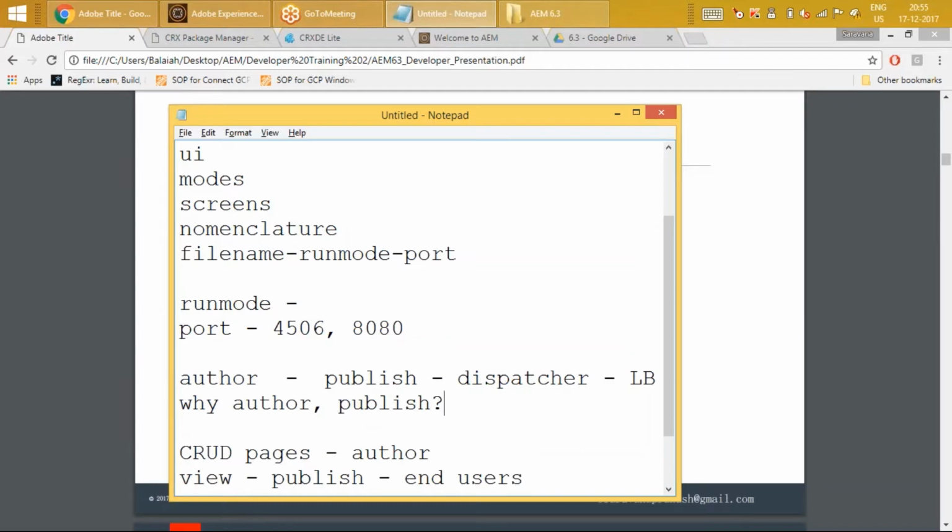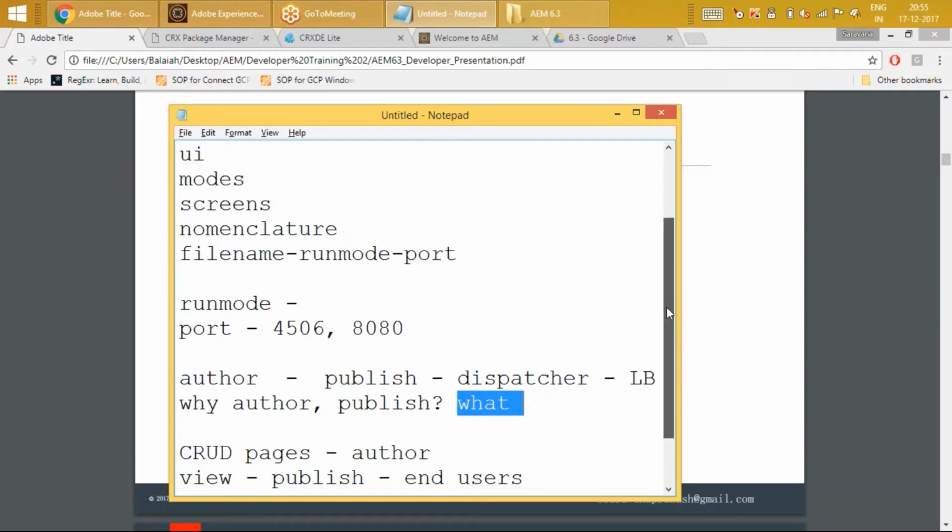So this answers the what part of it. What is an author? What is a publish? The answer has been provided. The author run mode is used for the CRUD operations, and the publish is used for the view purpose only.